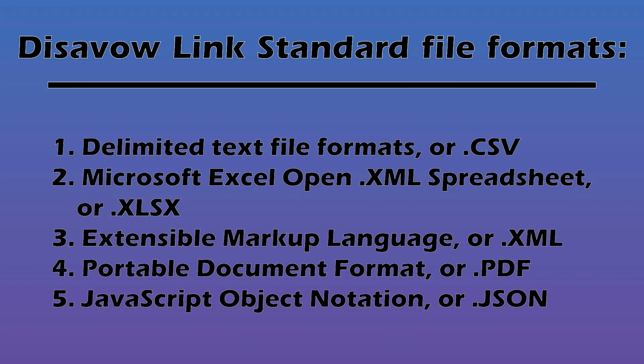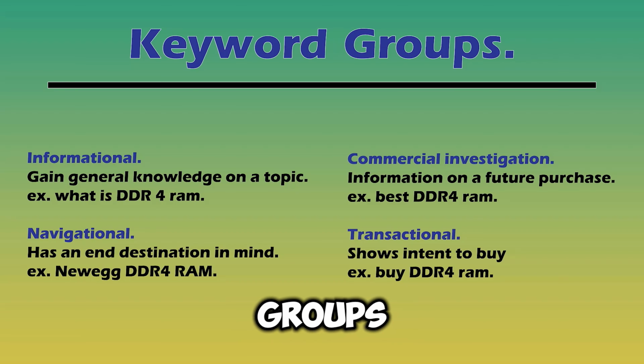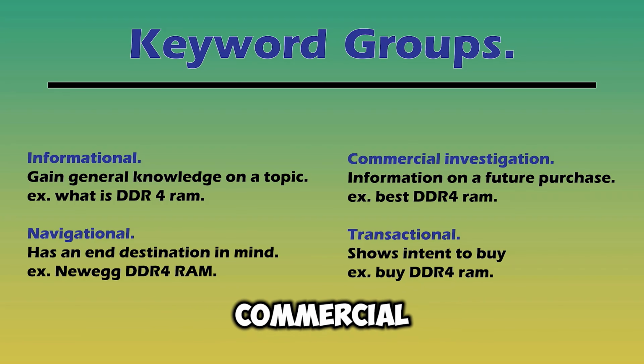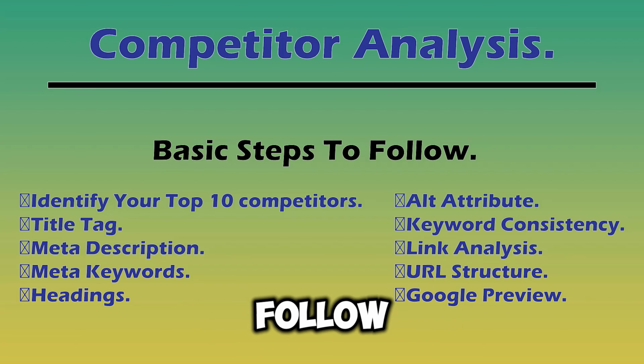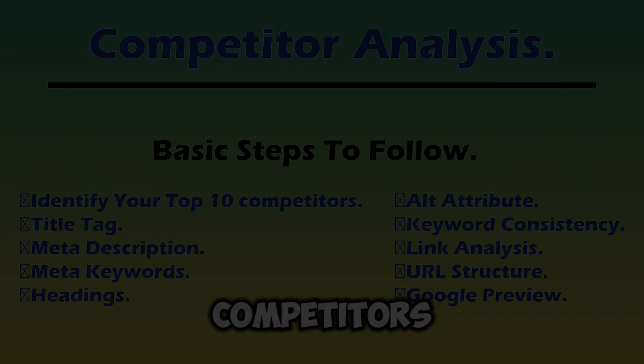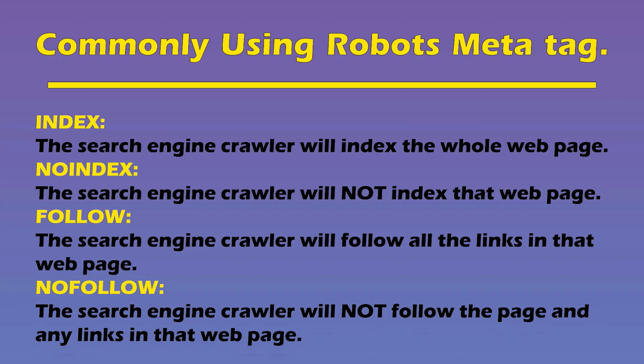Standard file formats. Keyword groups: informational, navigational, commercial investigation, transactional. Competitor analysis basic steps to follow: identify your top 10 competitors. Commonly used robots meta tag: index. The search engine crawler will index the whole web